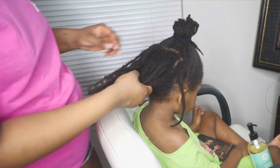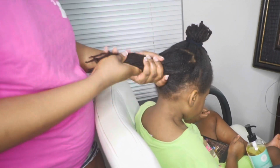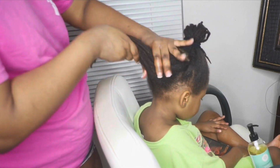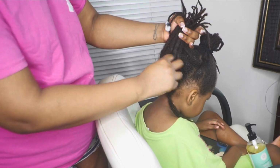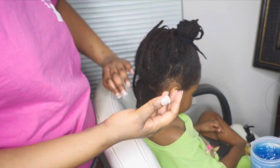Blythe is 4 years old. I started her locks the same time I started my locks. When I was sitting on the floor doing mine, she came over, was playing with them, and I was like, oh, okay, little girl, you want some locks too? So I went ahead and I locked her hair, and you guys, when I tell you, probably like the best